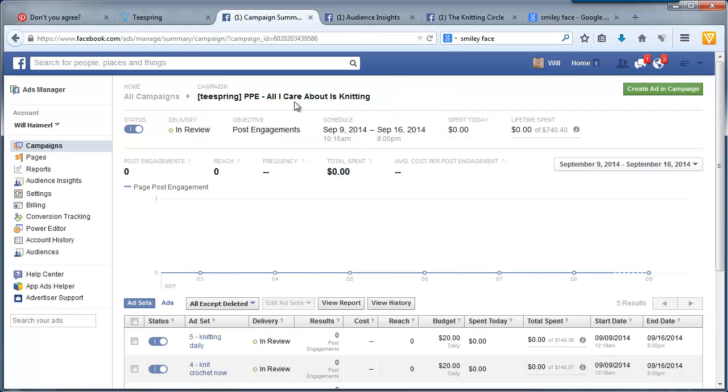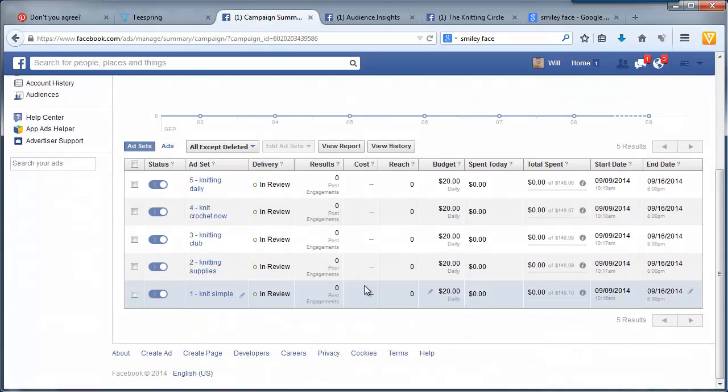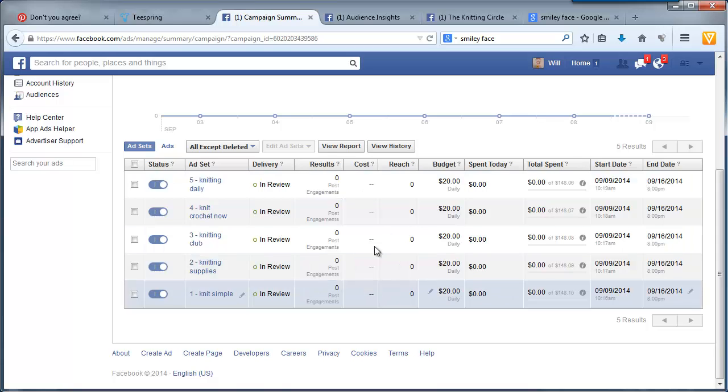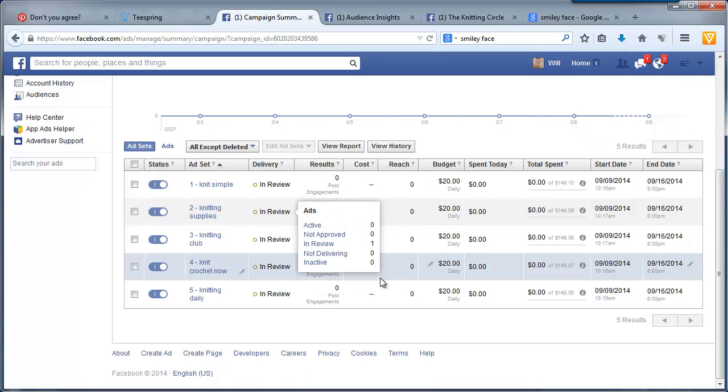It might show as unreviewed. That's okay. So Facebook's gonna review these, and then they're gonna set them live. And then what we're gonna do is we're gonna watch this, and we're gonna see if I get a sale within 24 hours. Then I know that I might be onto something, and I can optimize this. If I don't get a sale within 24 hours on any of these 5 test ads, I am dumping this